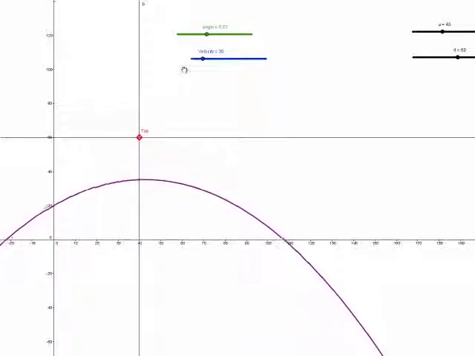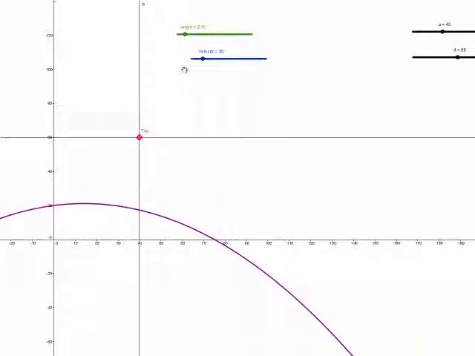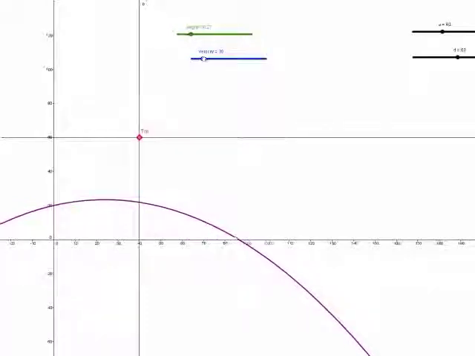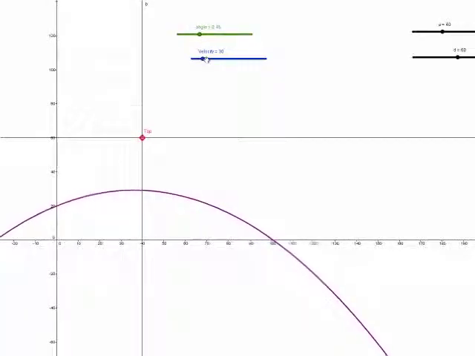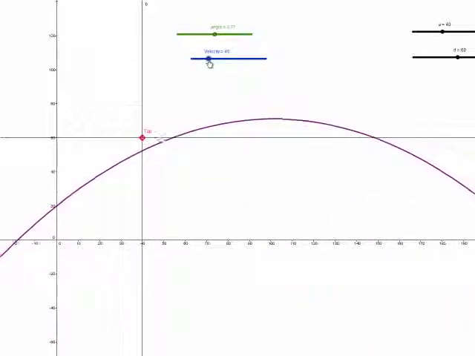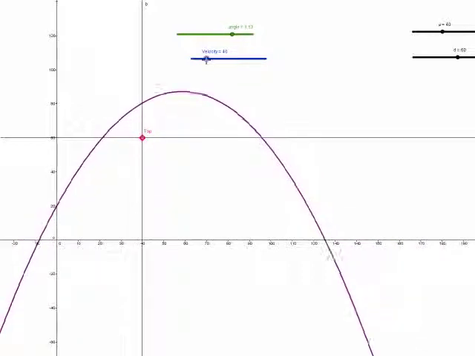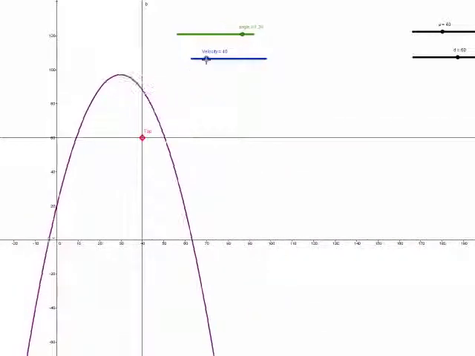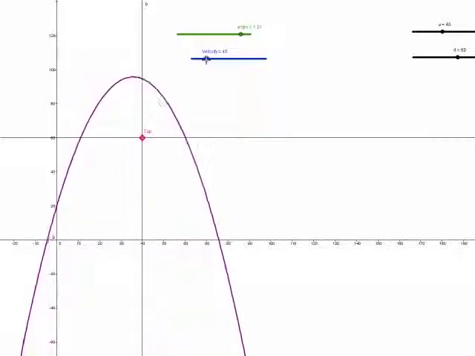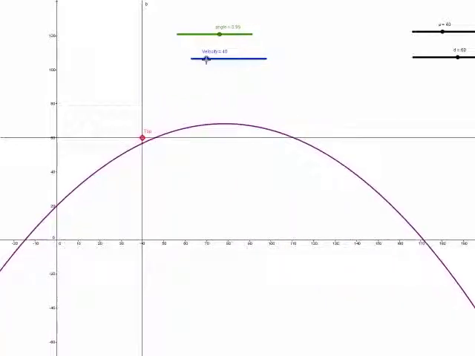You can see I've got my velocity at 30 meters a second, and if I increase my velocity a little bit, let's actually do 40, and I think this is the one we're going to do, you can see that I can actually clear the top of this flagpole. So at 30 meters a second, when I kick the soccer ball, I can't actually clear the top,